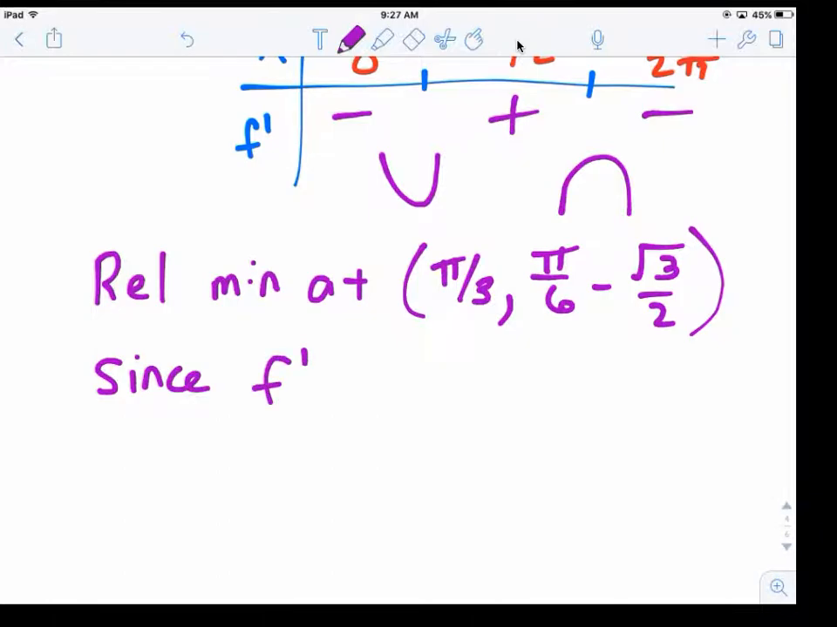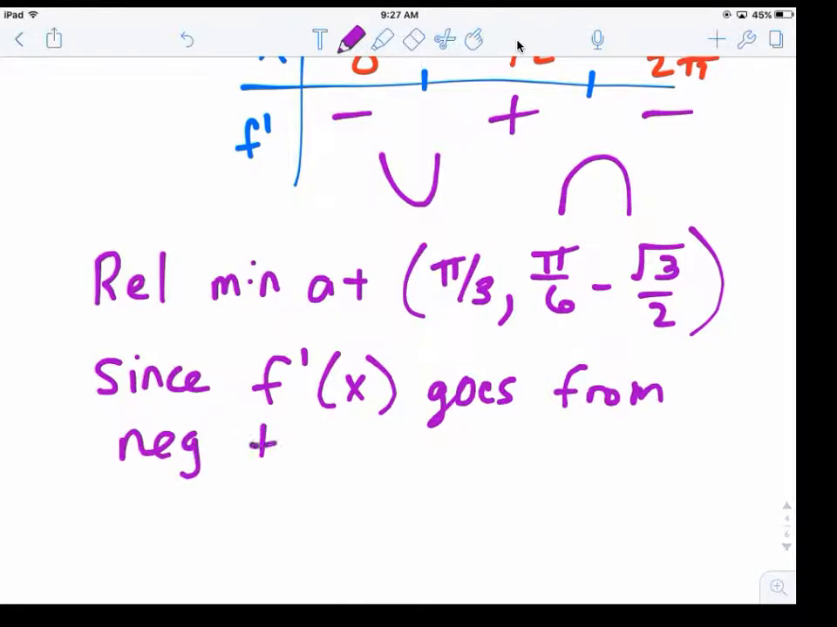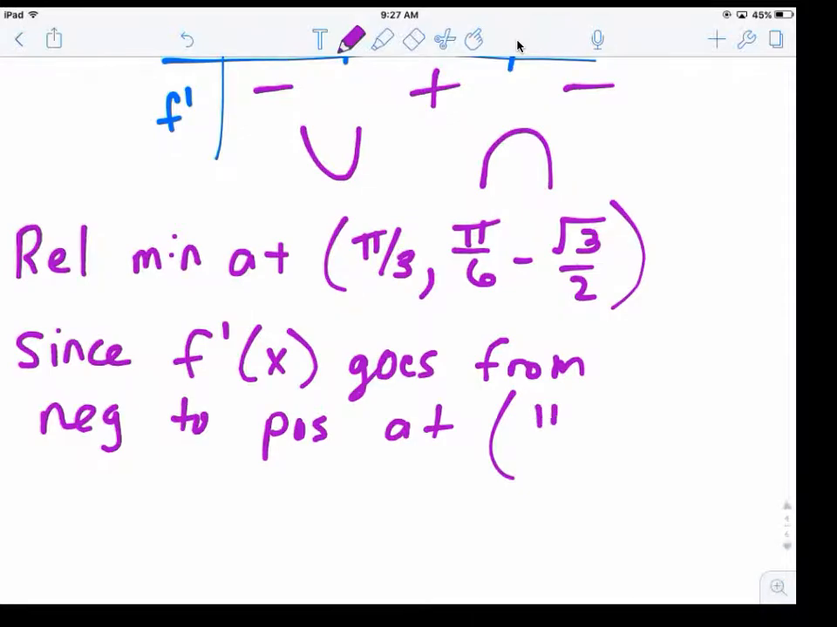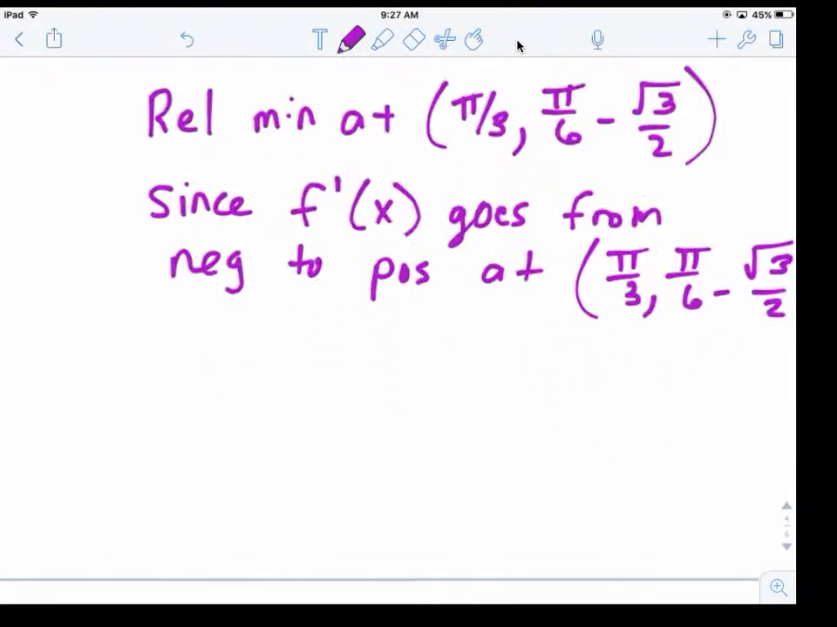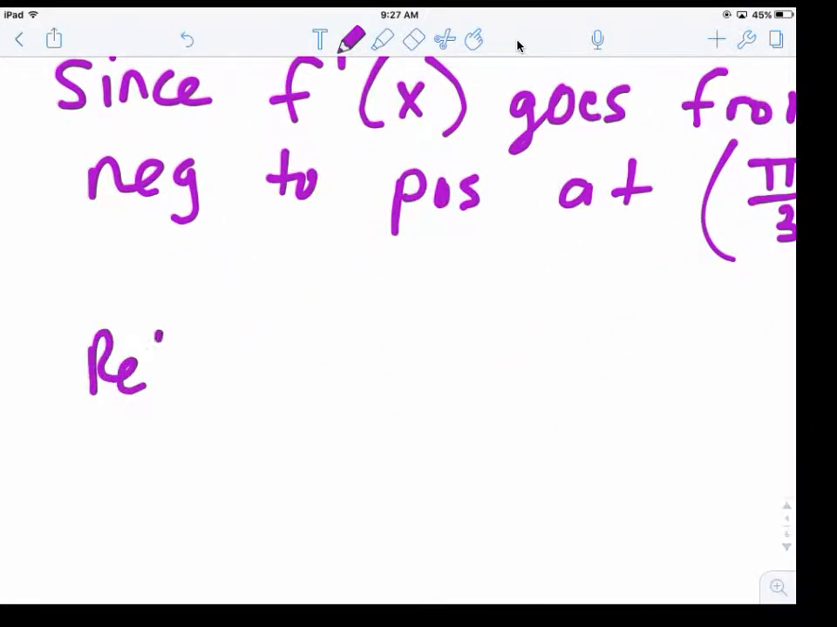Since f prime of x goes from negative to positive at pi over 3, pi over 6 minus radical 3 over 2. Alright, and then we have a relative max